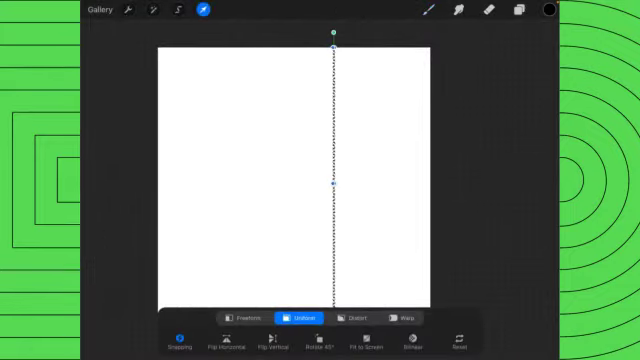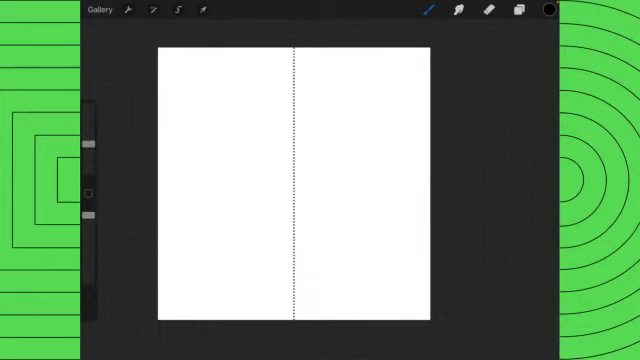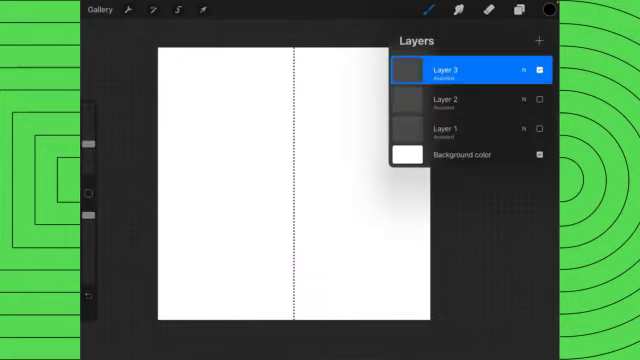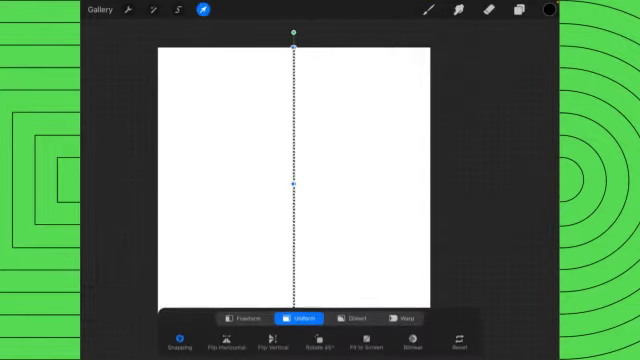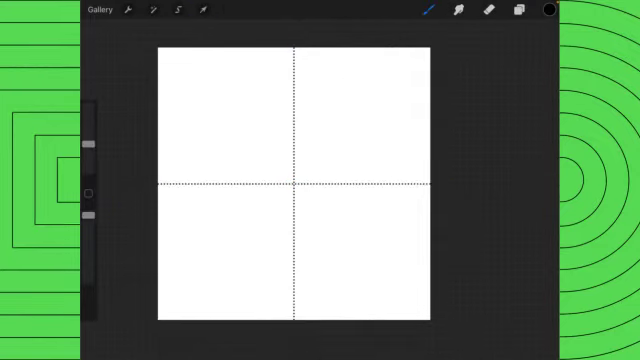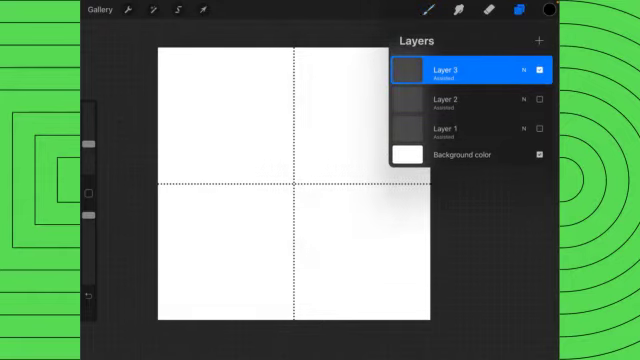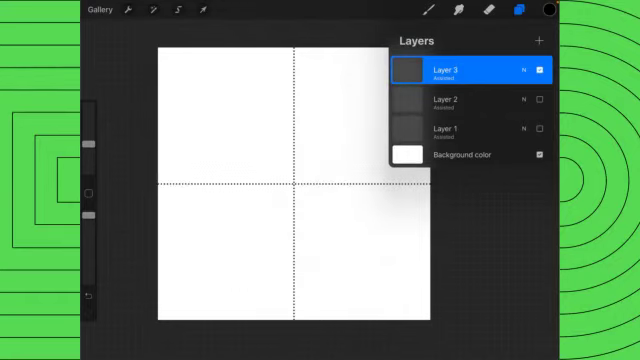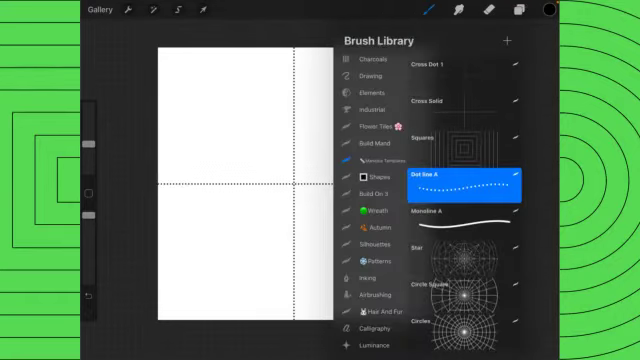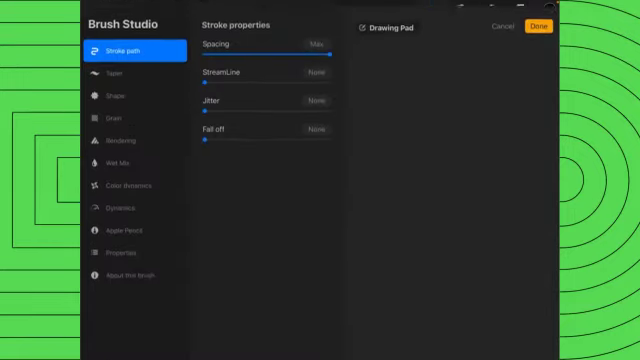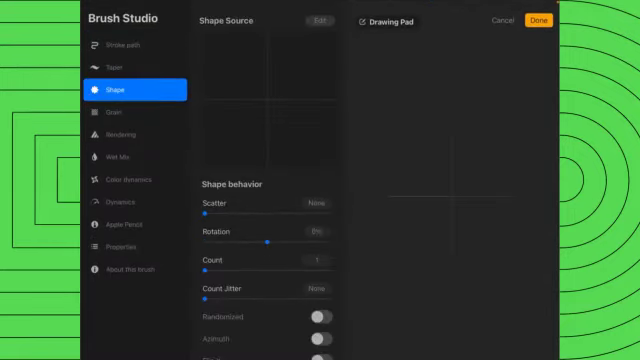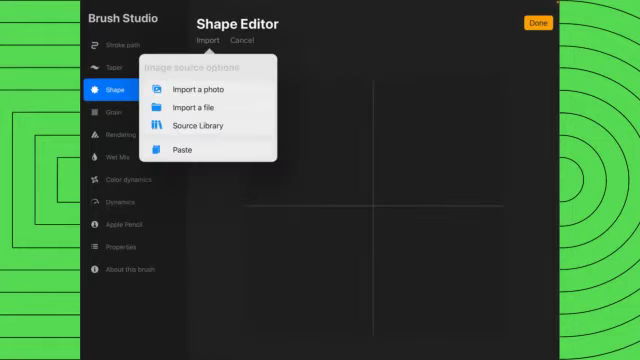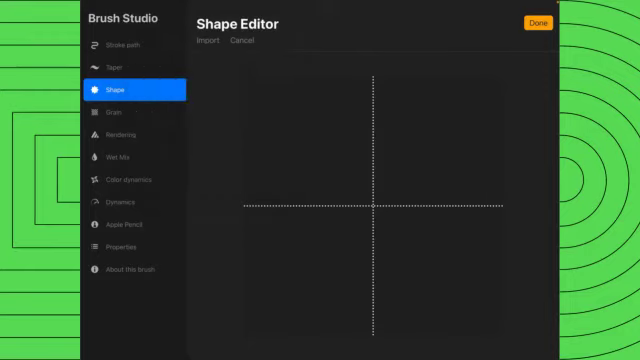Once again, select, fit to screen, duplicate, 90 degrees, merge down, invert, copy, invert again, shape, edit, import, paste, give that a done,